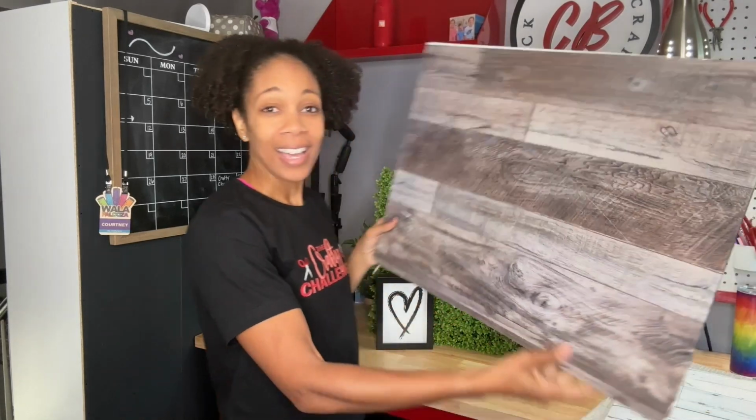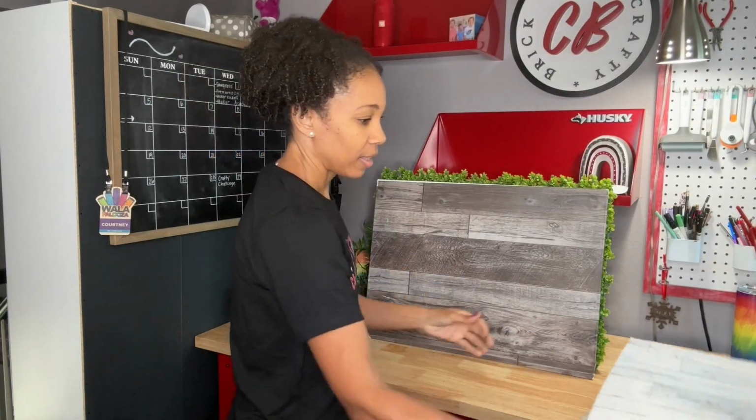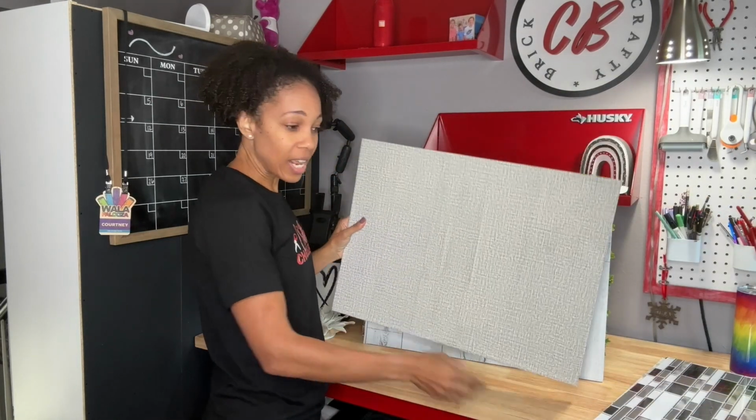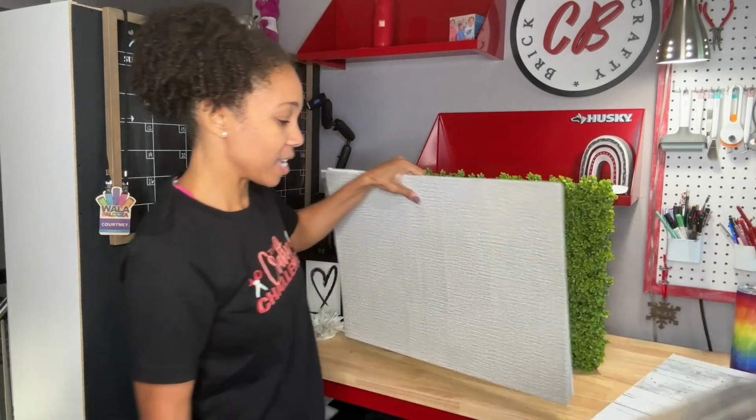The other thing that I have used a lot is just contact paper. You know, like the paper that you line shelves with. Oh my gosh, I love it. I got wood. Let's see. Oh my goodness. This kind of wood, the distressed wood, just a little like linen. One of my favorite things to do is,